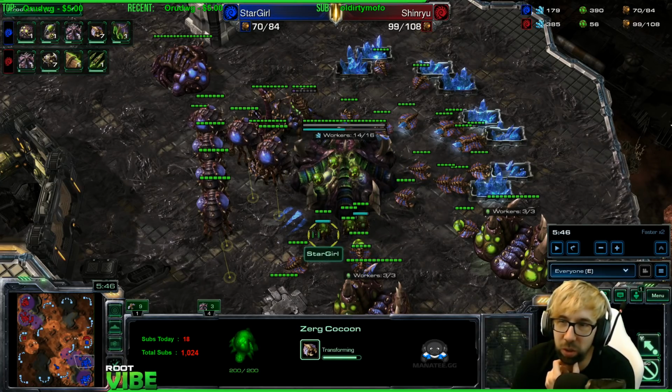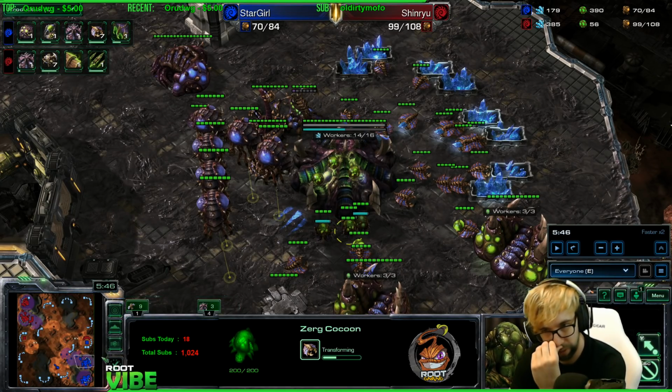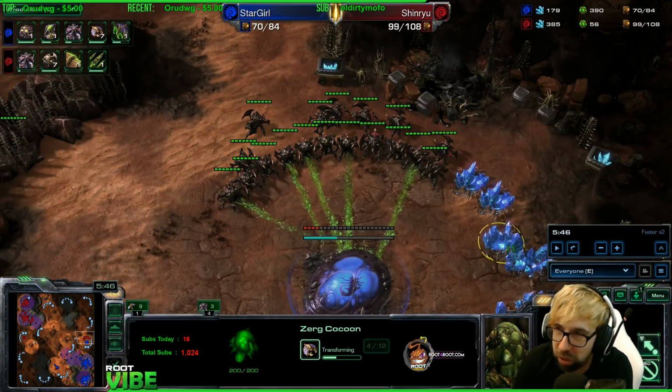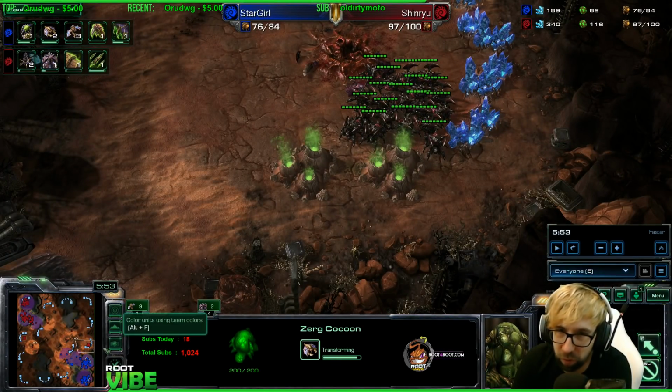The best thing you could do here would be to walk into his mineral line and then hold position your roaches on his drones. And you just keep doing that every time he moves his drones around. And then you're going to have the best possible trade you could get. We'll see how you micro it. And behind this, I would love it if you made...